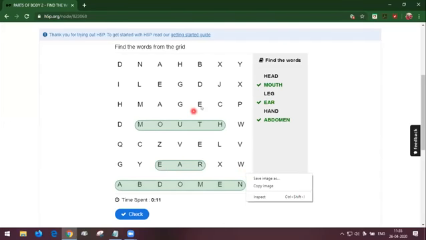Okay, next we are moving on to the remaining words, which are head, leg, hand. We didn't find those words. Now I'm going to search for the word. You can see in the first line, hand, H-A-N-D, hand. You can also select from the back.